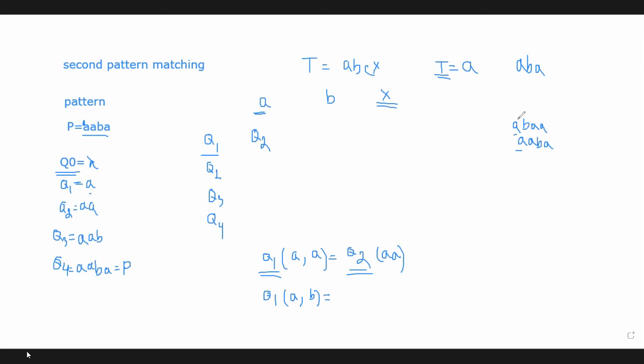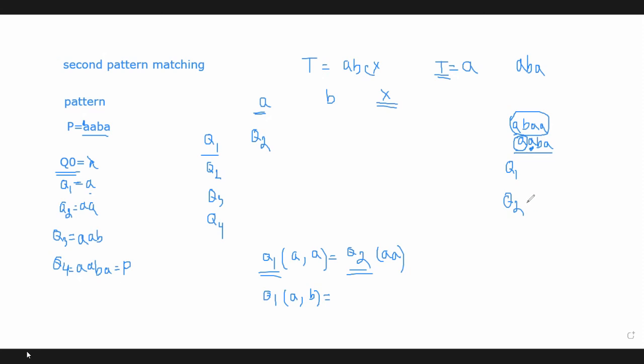Yes, ma'am. So now in the second pattern matching algorithm, suppose we don't know what our text is, but we can only assume this is our pattern, and we already divided the pattern into some substrings. Suppose our first substring is Q1, where we have only one character, that is A, right? And we can move on to the next state when we receive a character similar to the second character of the pattern. When can we move on to the next state Q2? If the first state Q1 accepts a character A, then we can move on to the next state, isn't it?